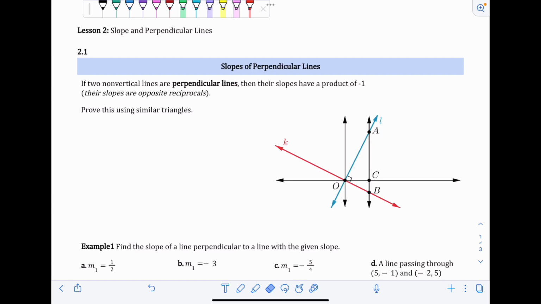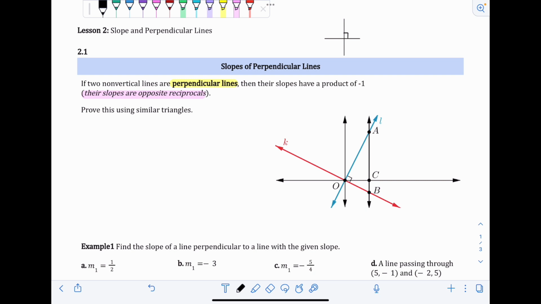Lesson 2 is slope and perpendicular lines. So 2.1: if two non-vertical lines are perpendicular lines, then their slopes have a product of -1. And then down below it says that their slopes are opposite reciprocals. So a quick review, perpendicular lines are lines that intersect at a right angle or a 90-degree angle. And then it says that if two lines are perpendicular, their slopes have a product of -1 and their slopes